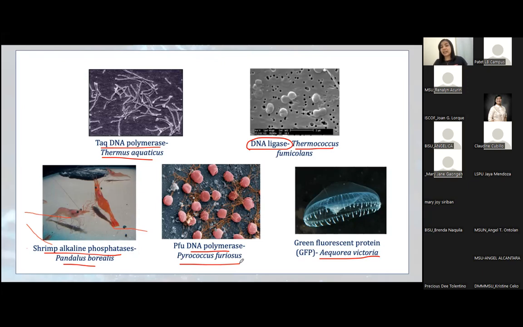So, bakit ito nilagay? It's because I want to emphasize that our aquatic environment is very rich in materials or resources that are very beneficial in medicine, very beneficial in other fields and in other studies. So imagine, di ba, this protein from this jellyfish na to, ginagamit ito for cancer research.